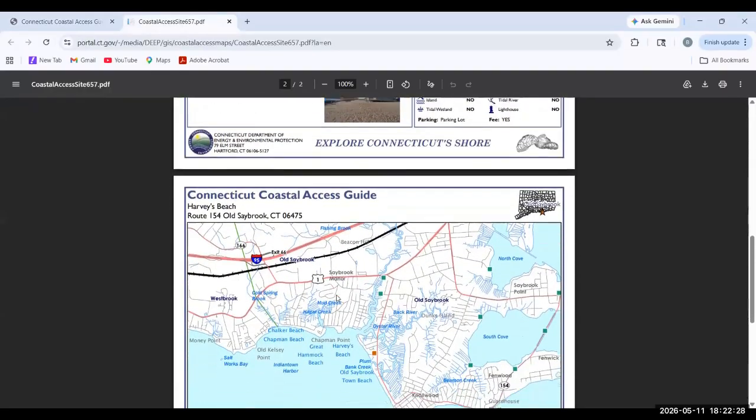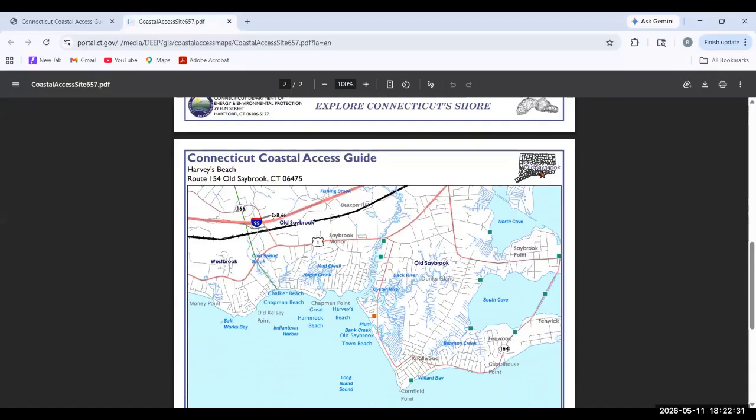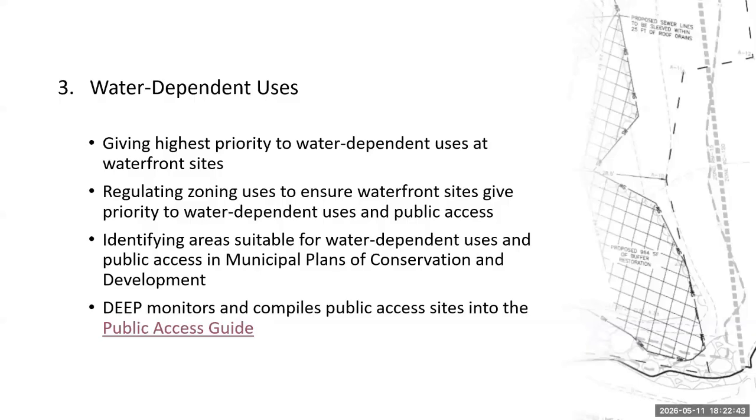And to also take a look statewide at where public access is distributed and see where we can make improvements, where we can provide additional access, additional kinds of access if we are running short on car top kayak launches, for example. We can use that guide to help us identify all that.